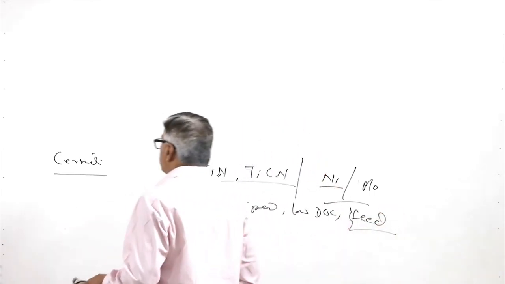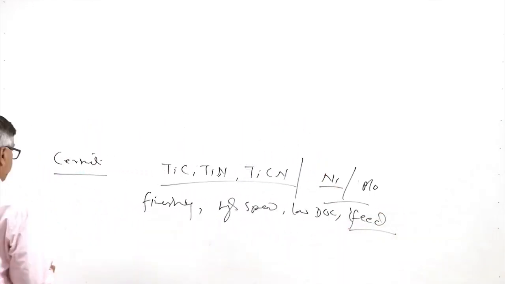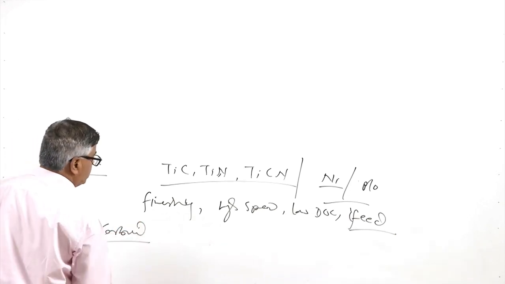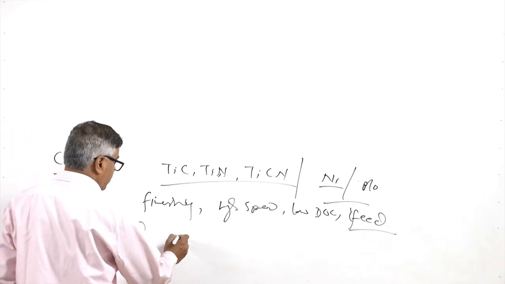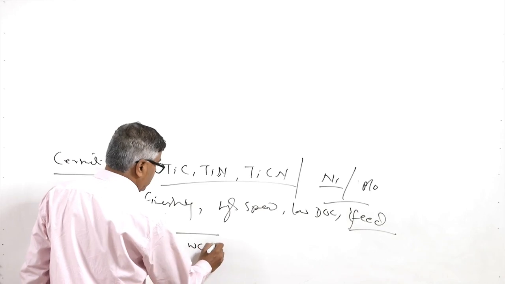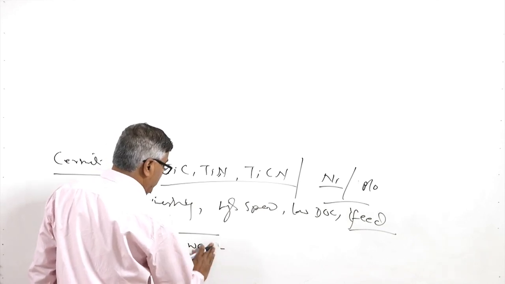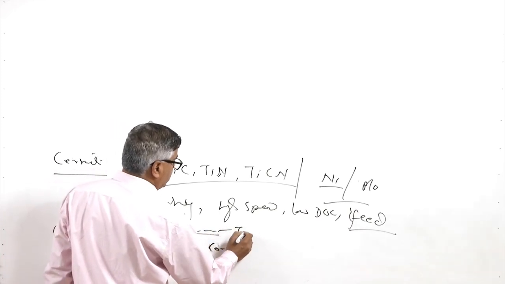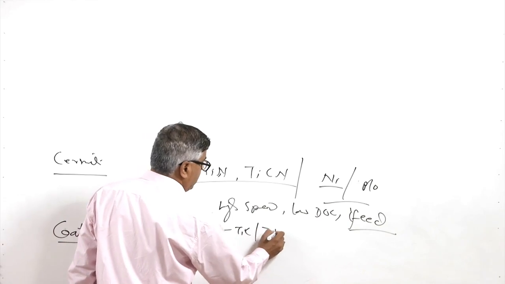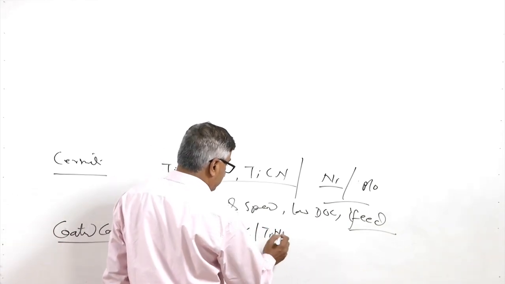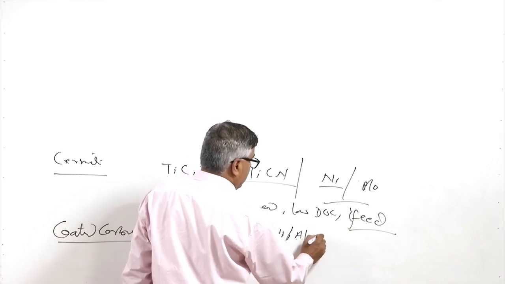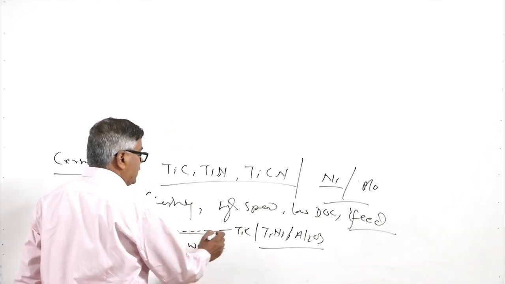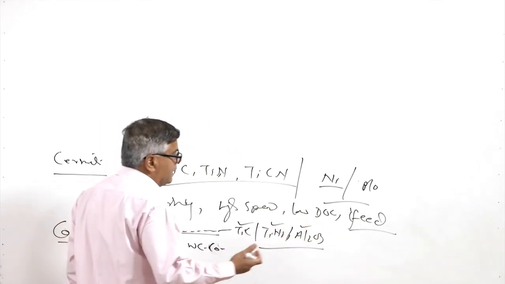So, these are the favorable conditions when cermets can be used. Then we have the coated carbide tools. Coated carbide tools are basically the cemented carbide tools, which are WC with cobalt, the straight tools, which are usually coated. Coatings are made either of TiC or TiN, that is titanium nitride, or it can be coated with alumina also. When we coat them, these provide good stability at elevated temperature